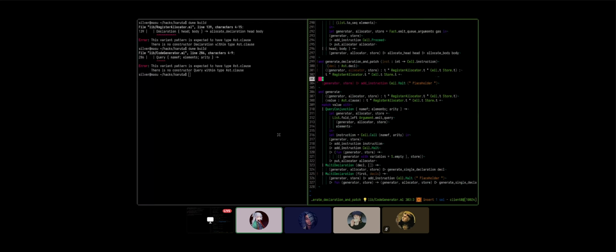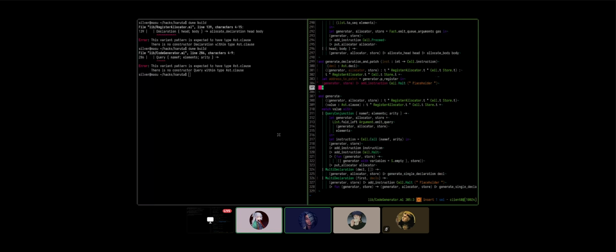If we say let address to patch equals generator.pregister in, then we add a placeholder. Then we need to generate the single declaration.